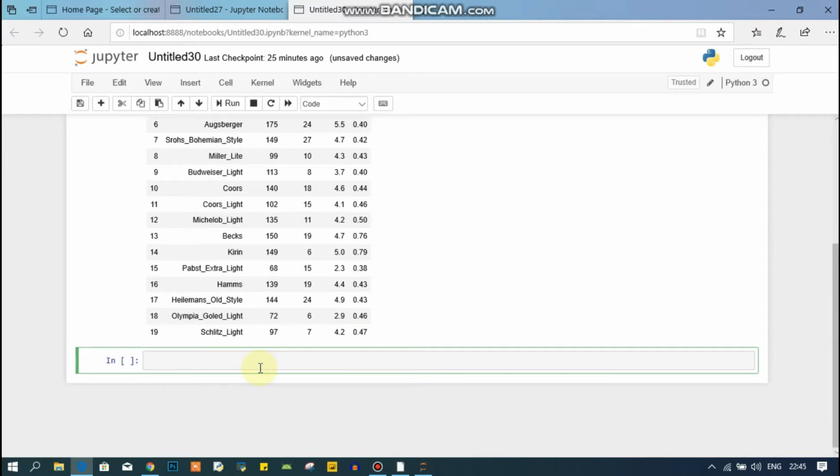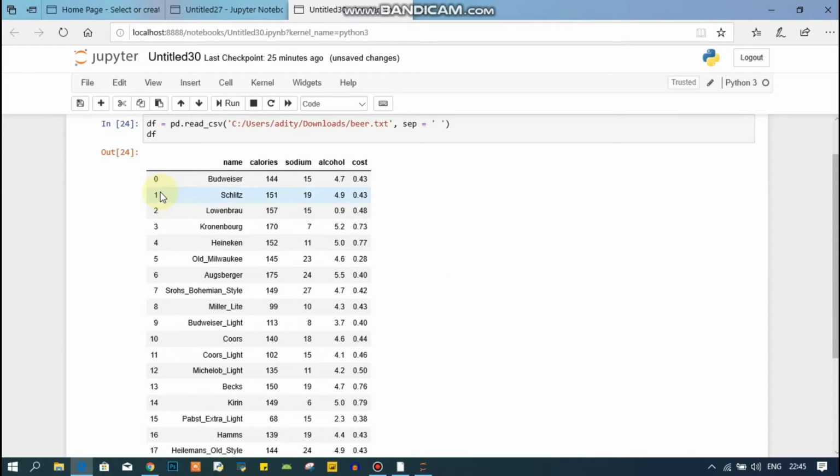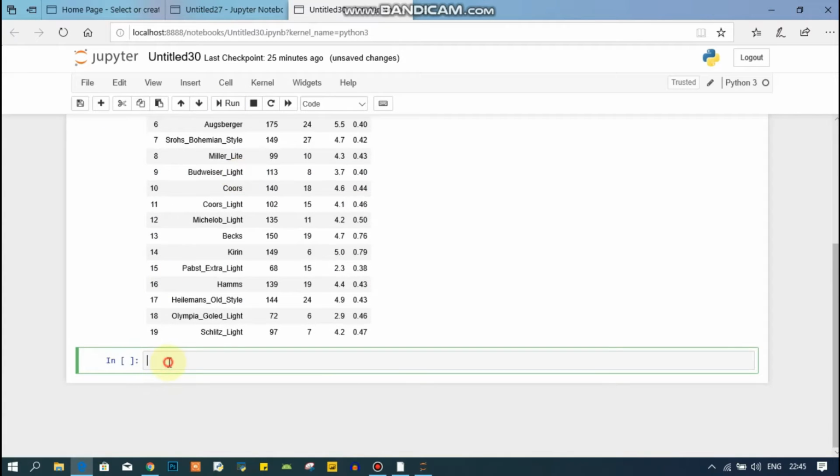So let's suppose that I want all the rows from 0, and this name column. So I will just type here df dot and I'm going to use loc, and inside this I'm going to pass just 1. So what it will do, it is going to return all the rows starting from the 1 till the end.